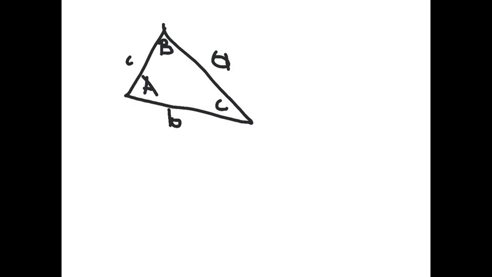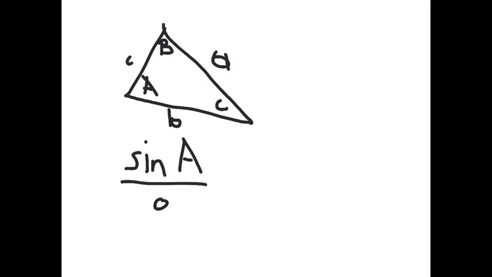For this lesson, we will be talking about the law of sines and how to derive it from its equation. The law of sines states that the sine of an angle divided by the length of its opposite side is the same for all three angles of a triangle. The main equation that we derive from is sine A for angle A